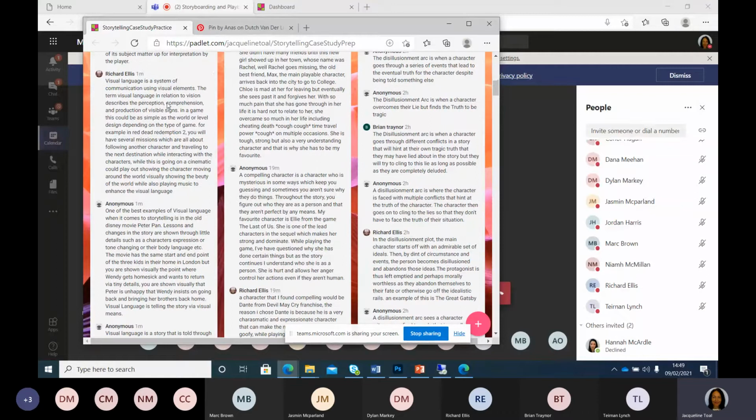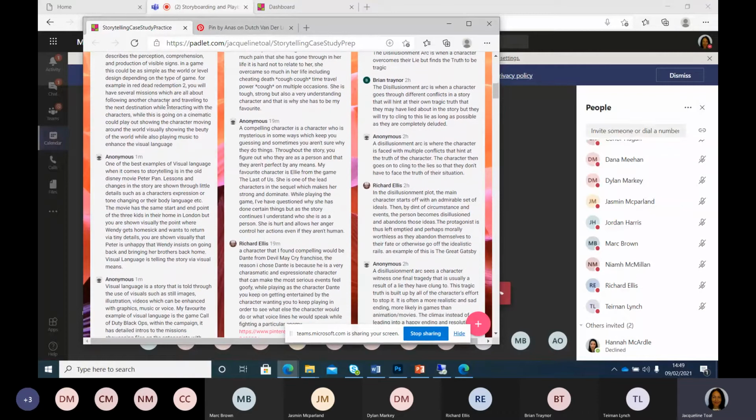Okay, that's good. And then we've got, who's this next one here? The Peter Pan, yeah. That one was mine. Again, visual language is simply telling the story in a visual way rather than through dialogue or other means. So the reason I picked this one apart is mainly because